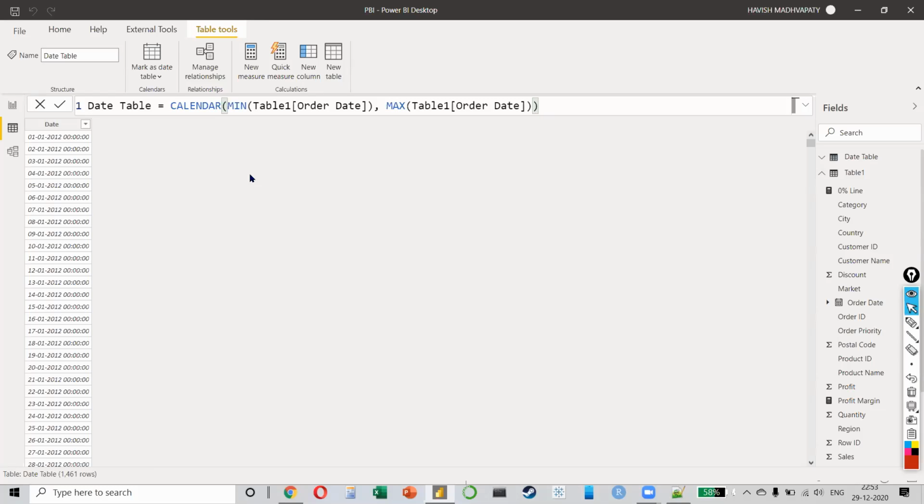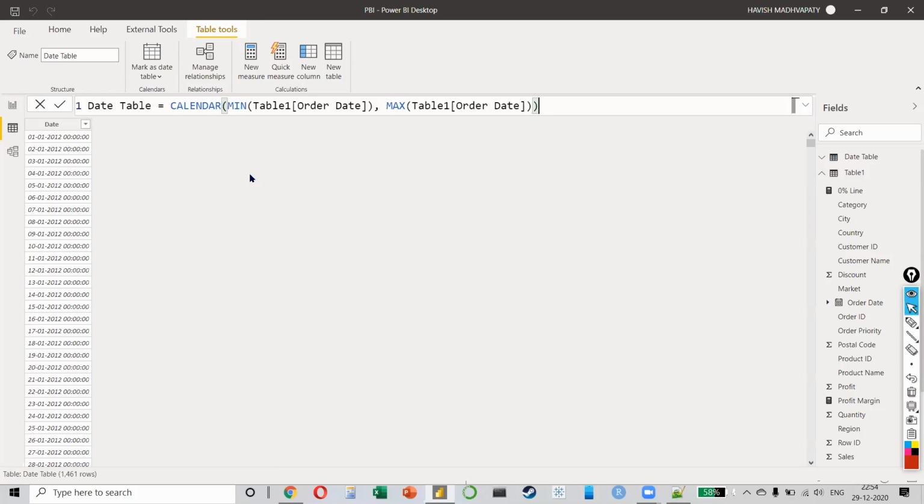Very simple. This is something that you have to do every single time you're working with a Power BI report, whether it's an HR report, supply chain, operations, or finance, it doesn't matter. You have to do this, right? Because unless and until you create a date table, you will not be able to do two things: advanced visualizations and calculations. And obviously both those things are very important, right?